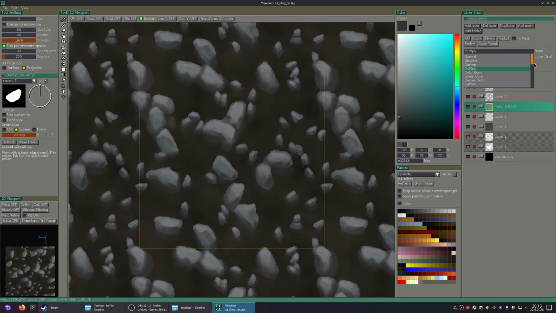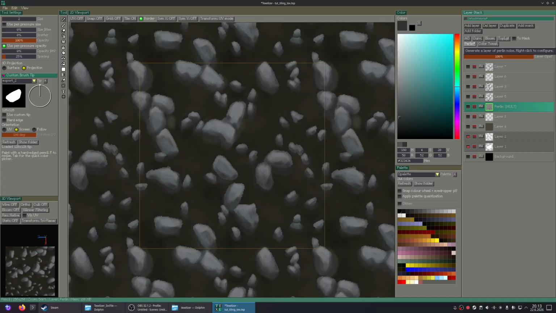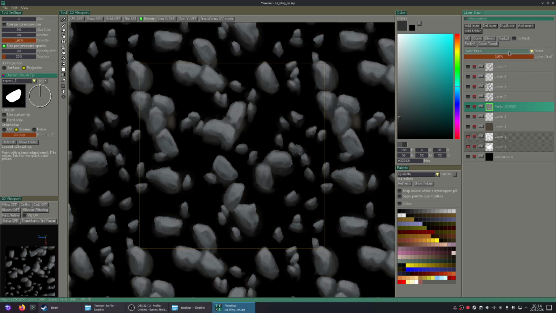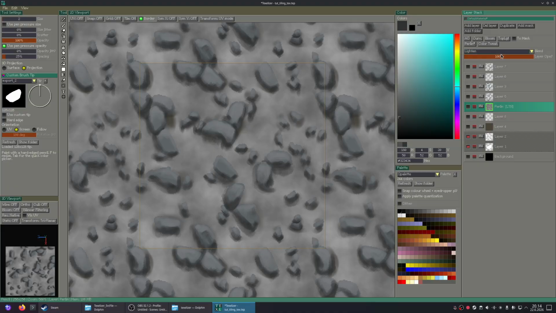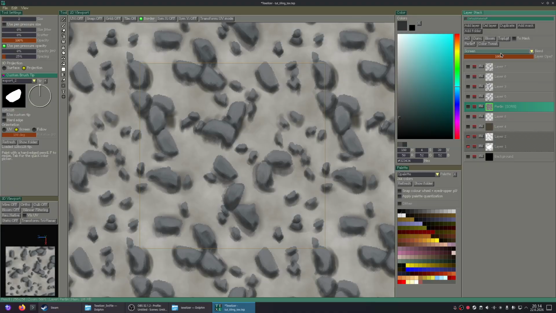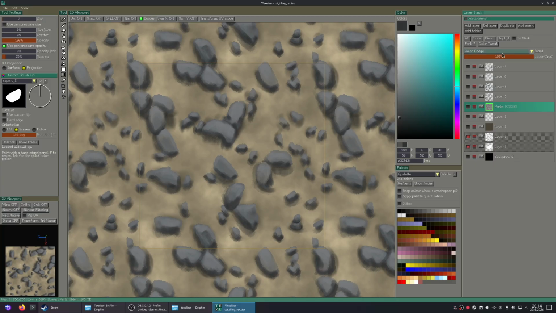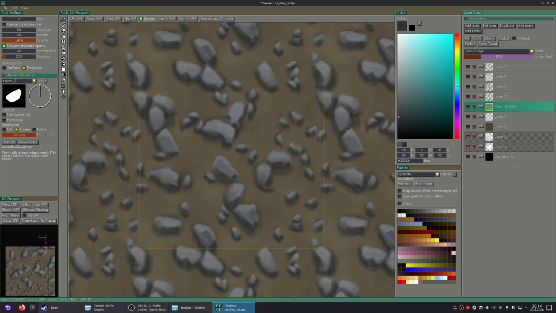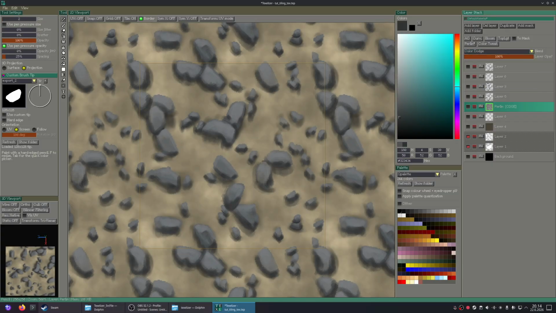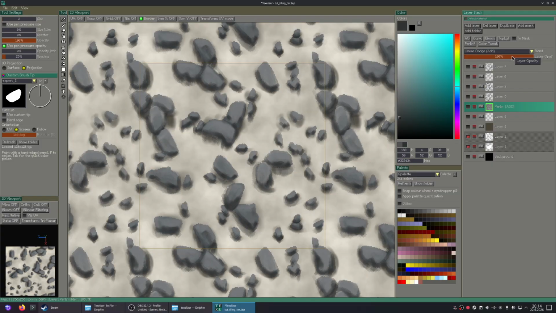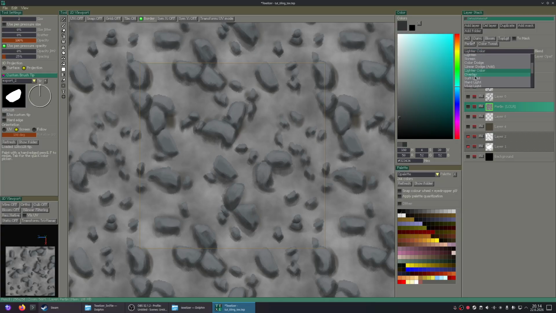Okay, that's multiply, that's not really very good. What if I invert colors? No. Of course not. I don't know what that is. I don't know what that is either. Let's see, which blending mode should I use for the thing I want to do?